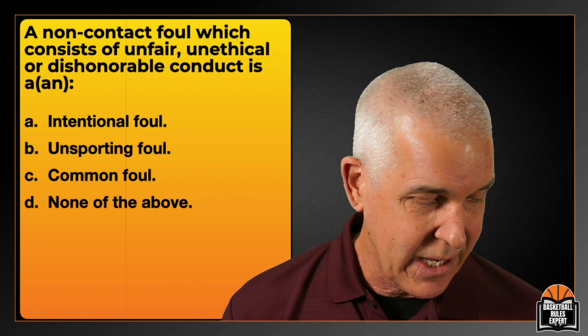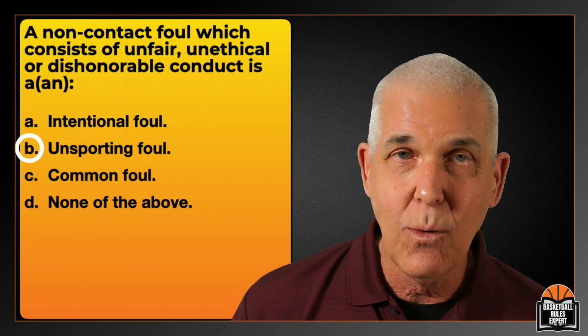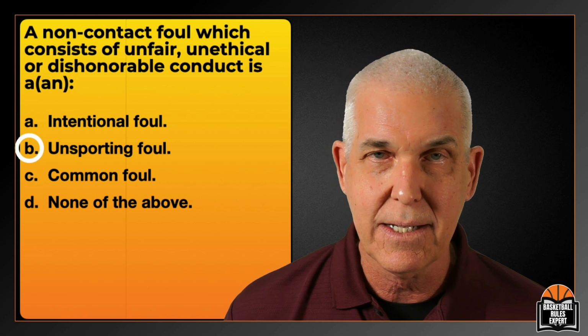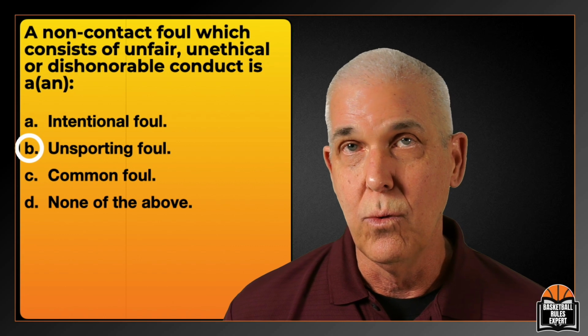Our correct answer here, pretty simple, B, a non-contact foul which consists of unfair, unethical, or dishonorable conduct is an unsporting foul by rule. Really straightforward, not a complicated question. We like those simple questions. Have players confused